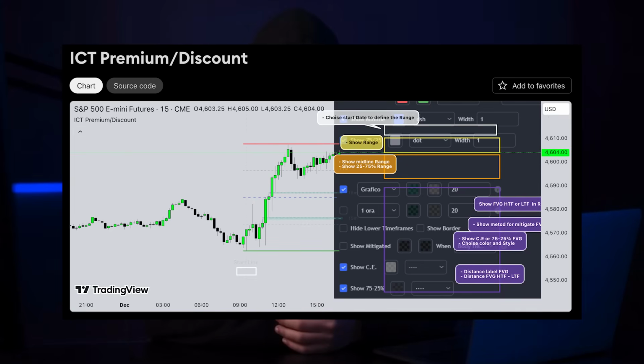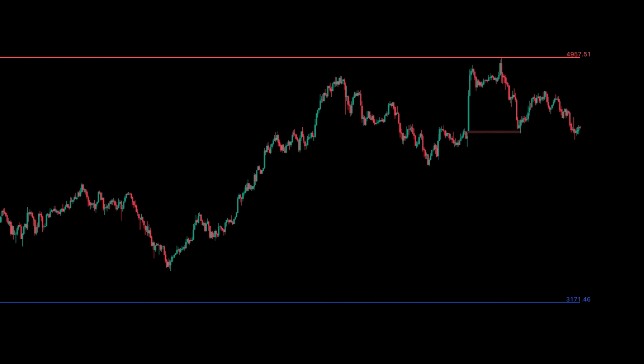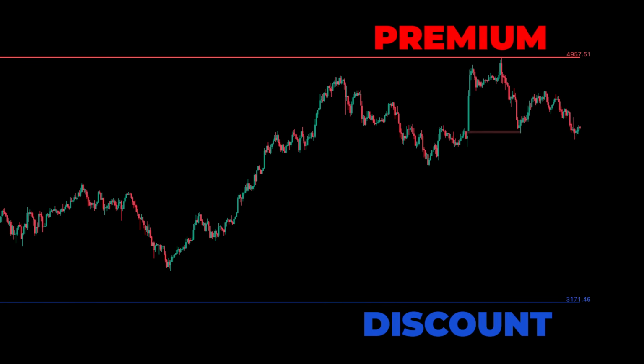heading next. Now for something completely different, the ICT Premium Discount Zones indicator. It helps you understand where price is within its overall range. It splits the current swing range into 2 halves. The top is premium, price is expensive, and the bottom is discount, price is cheap. This gives you a logical framework to decide whether you should be looking for buys or sells, instead of reacting